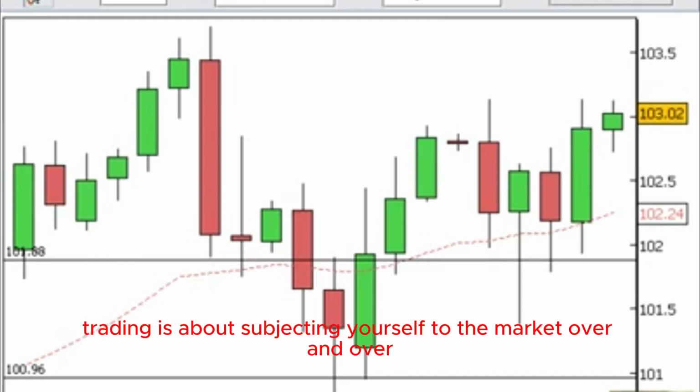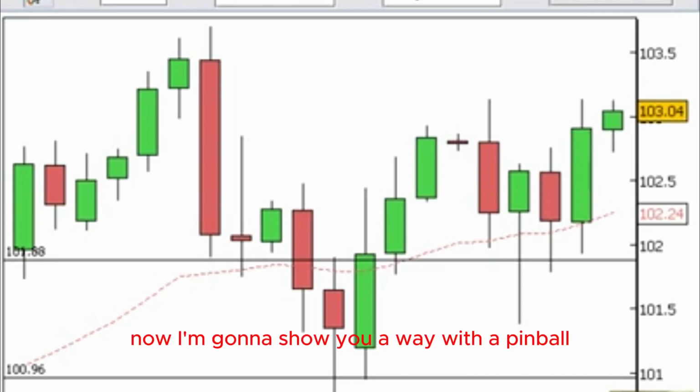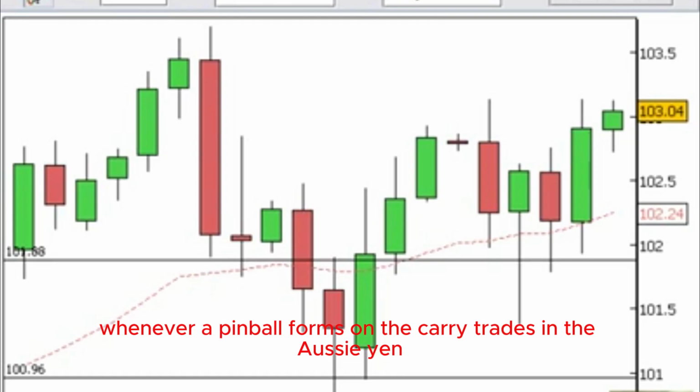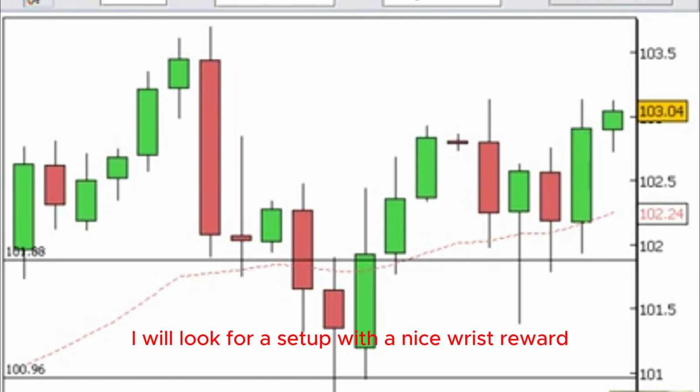Trading is about subjecting yourself to the market over and over with a repeatable setup that you enjoy or take to and that you can manipulate to be in your favor. Now, I'm going to show you a way with a pin bar. Whenever a pin bar forms on the carry trades, which in the Aussie yen,